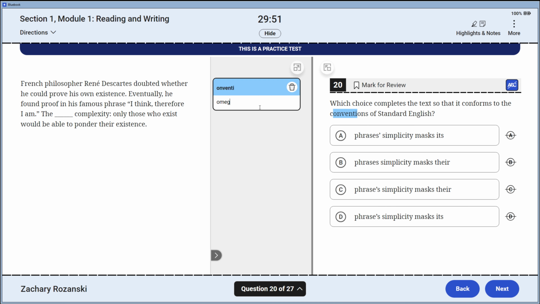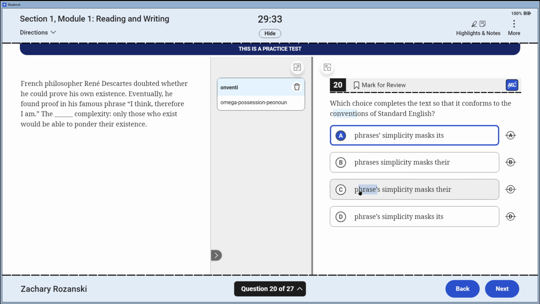I have an omega convention popping for possession here. I've got a couple of things on the table. It also seems to be a pronoun-antecedent agreement question as I look at this, because it's giving me all possessive pronouns, though their antecedents could be different. So I could consider two things. Do I have a singular phrase that I'm talking about? Singular would be this one or this one. Or what is the antecedent of this thing? So I can go in the text kind of looking for either clue.